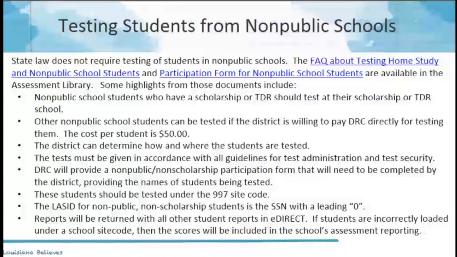Now, state law does not require testing of students in non-public schools. Students who have a scholarship to a non-public school would be tested at the scholarship school. There is a process for testing non-public school students for districts that choose to test them. So this would mean you would have a participation form completed, you would be